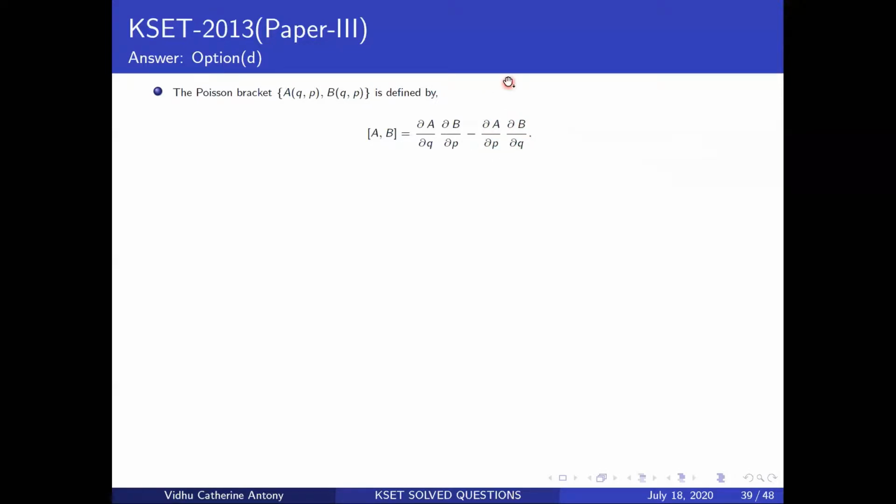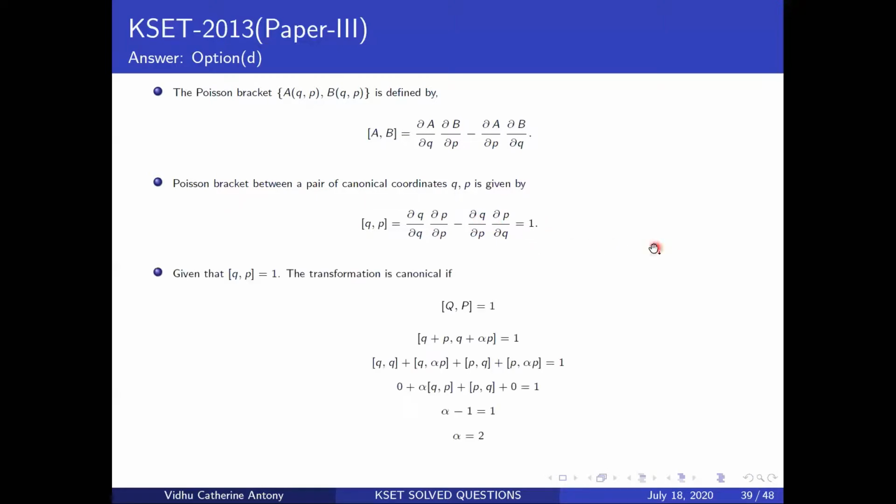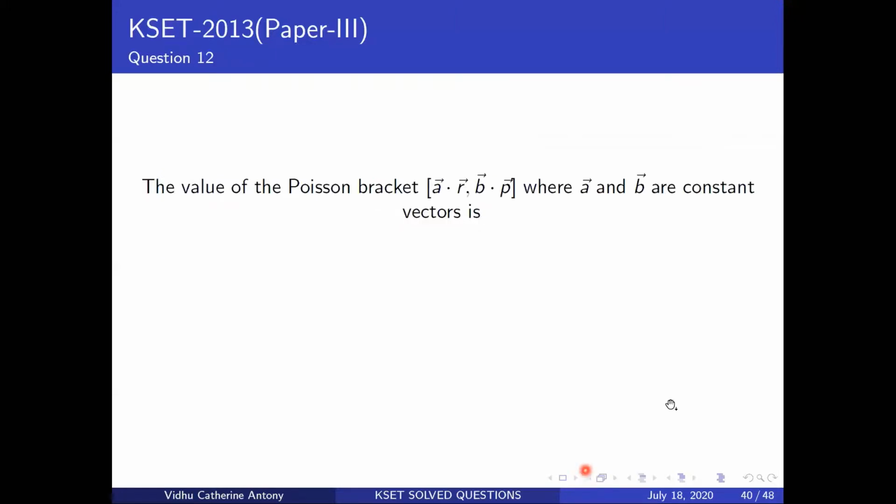Now let's move on. If you have canonical coordinates Q and P, you end up getting a Poisson bracket of 1. That's what you realize. These two get cancelled, you get 1. These two get cancelled, you get 1. But this is a 0, so you end up getting a 1. This is the calculation of that. You can go through it. I've already done it once for you. Let's move on to the next question.